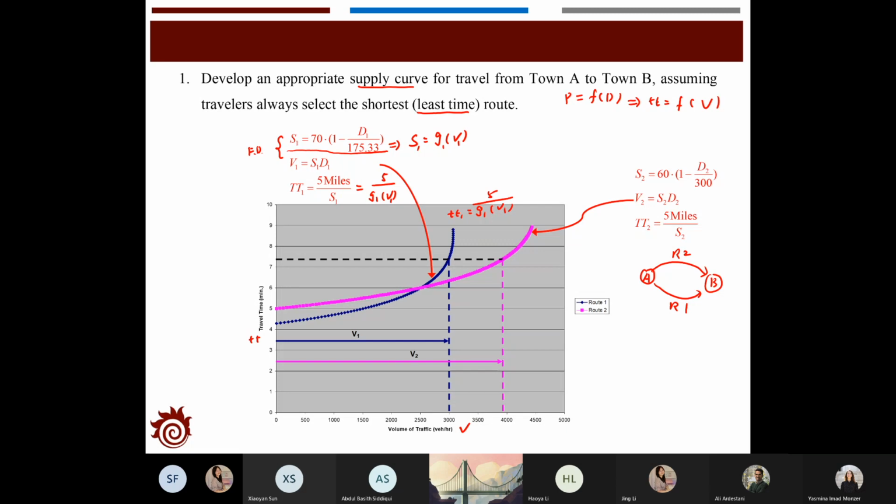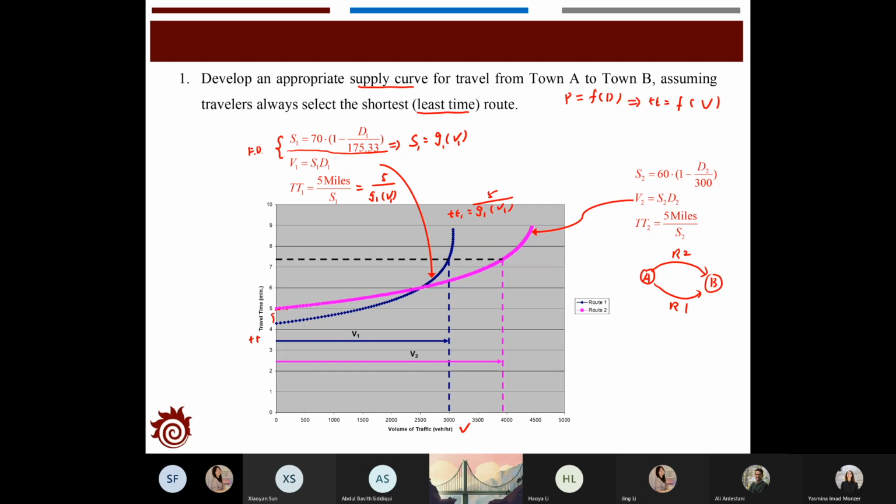Instead, we need to find out what the additional flow it can support. For example, if the travel time is less than 5 minutes, which is the smallest travel time for route 2,